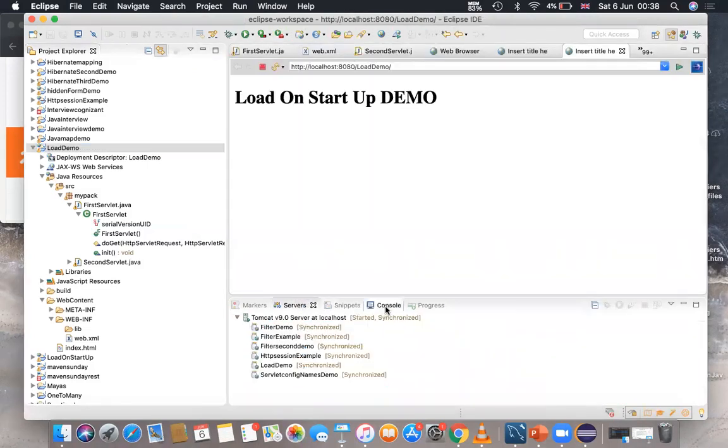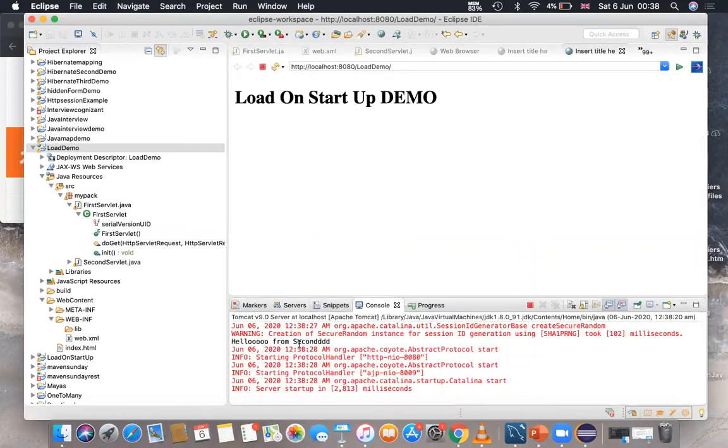If you open the console, you can see that only the second servlet is being loaded because we have given a negative value for the load-on-startup. I have given -1. So those with negative values will not be loaded. Only positive values will be loaded by the server at the starting of the server.